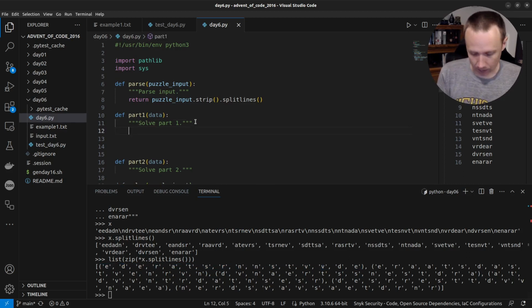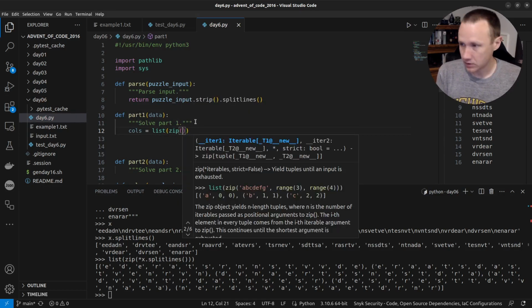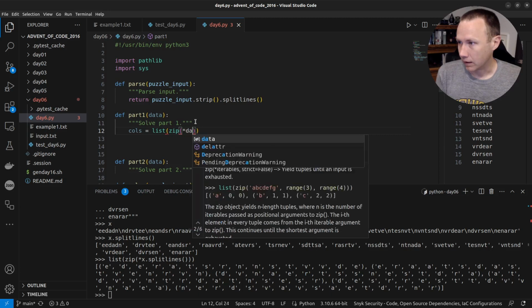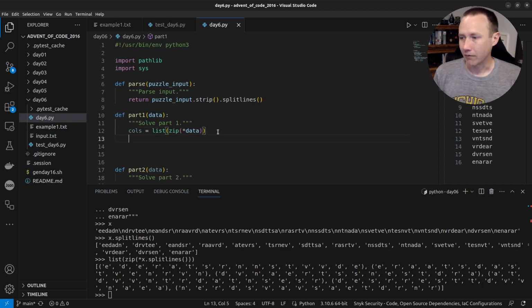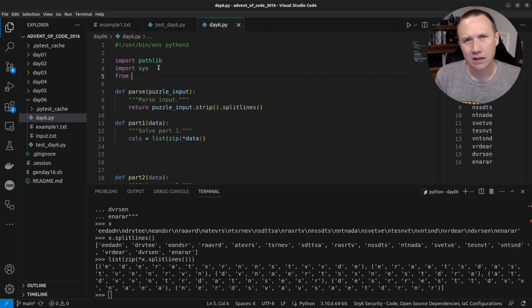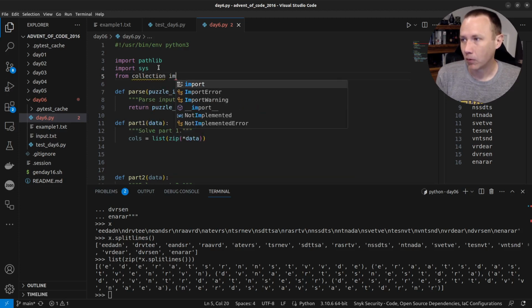Let's say calls equals list zip star data, boom, boom. And yeah, that's because we already split lines, so we're done there. Sweet. Now that we have the columns, we're going to use a counter object. We showed this in one of the previous videos. I'll put a link here to try to remember to do that. But from collections, import counter